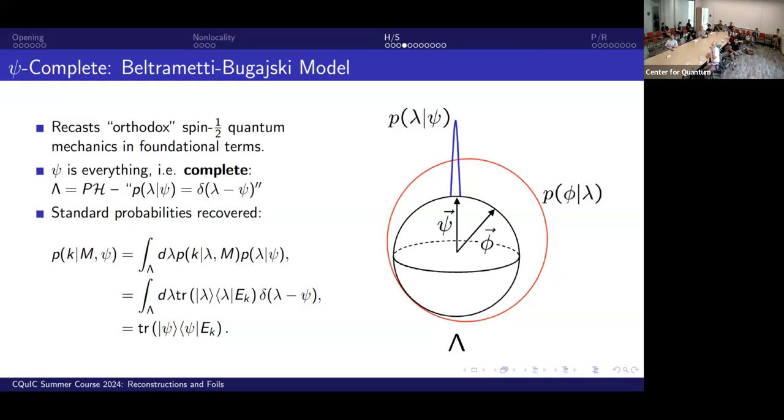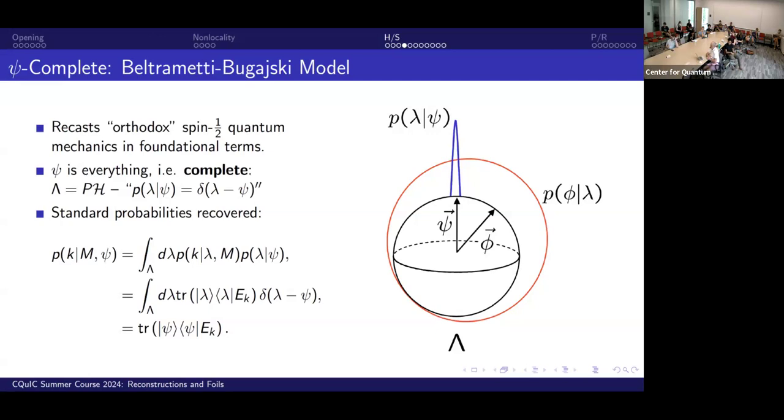Okay, so this figure is just a way of describing what this ontic model and this measurement method is. Your ontic space, capital lambda, as I said, is just your wave function space, your Hilbert space, or projected Hilbert space to be pedantic here. And now, as I mentioned before, one thing you have to specify are these various probabilities. What's the probability of having some ontic state given that you have this wave function psi?